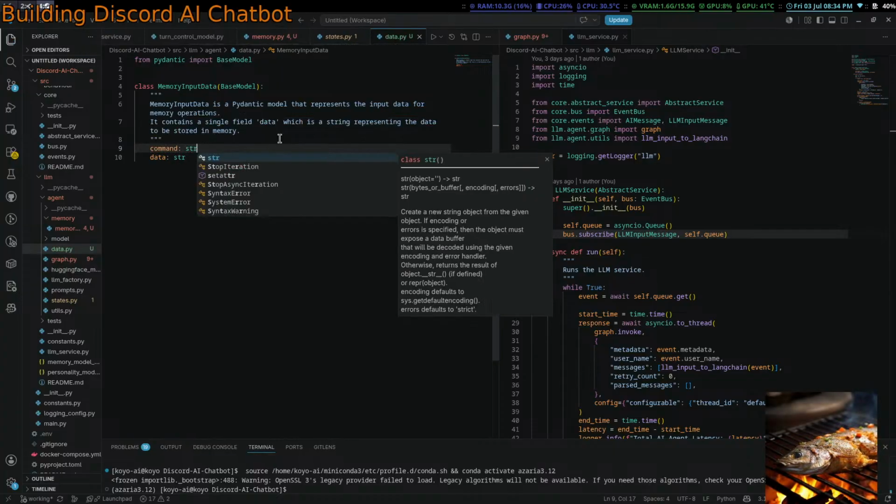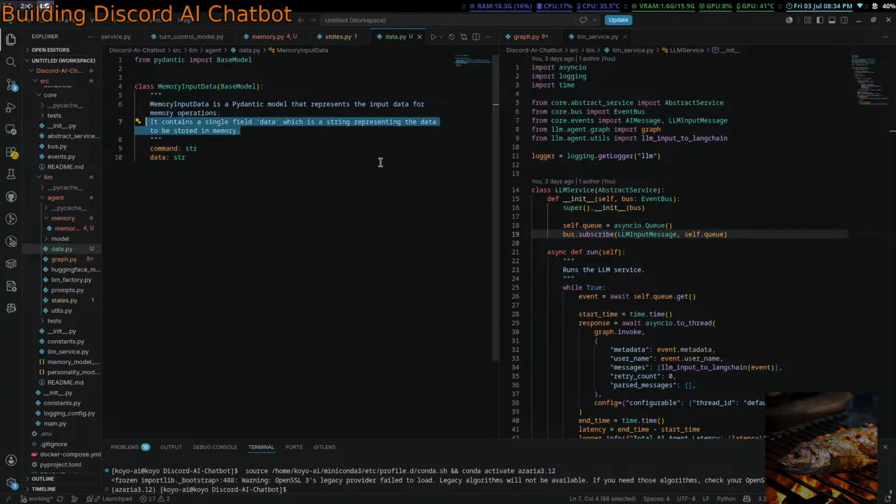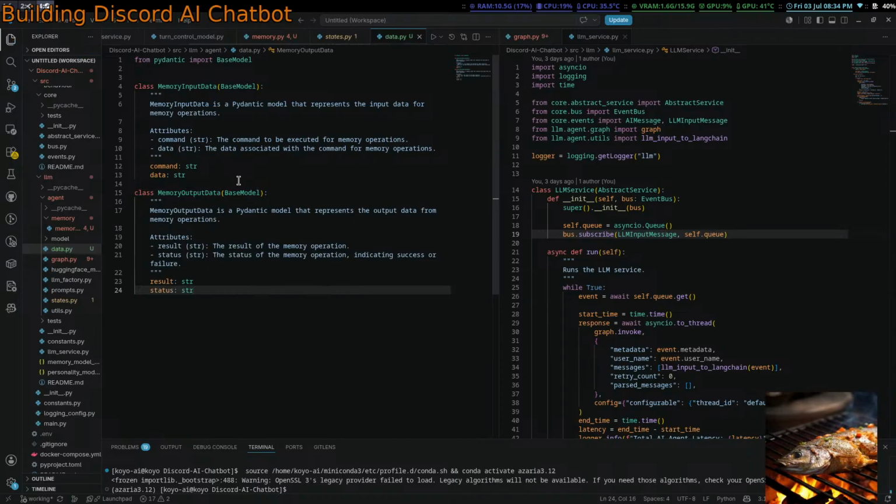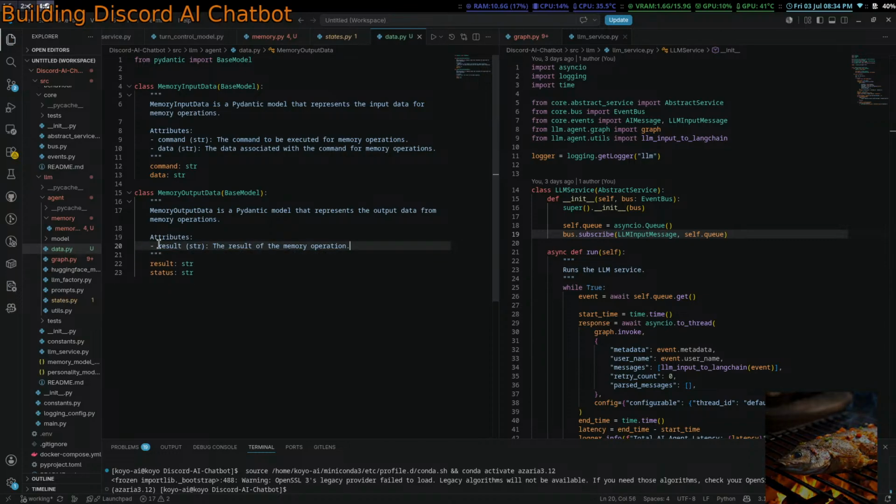Command str. Command. Okay, class MemoryOutputData BaseModel. I don't think I need this. Content str, content of the memory operation. Okay, sick.